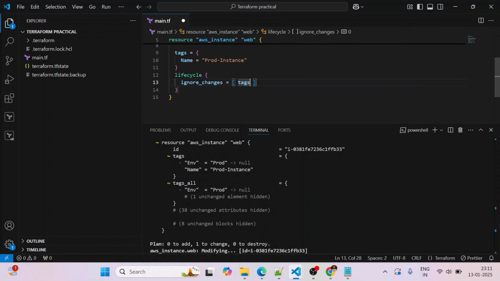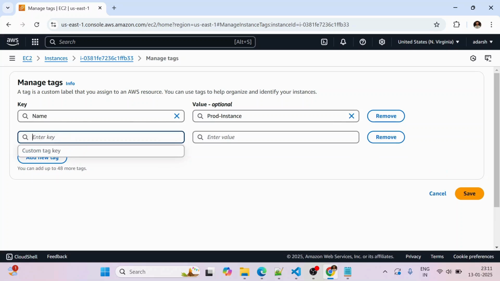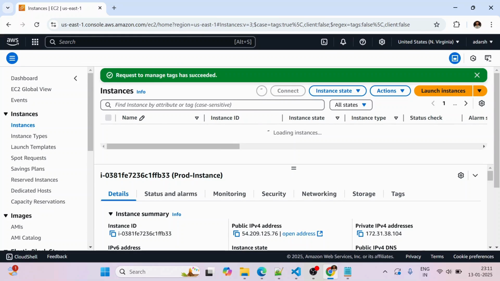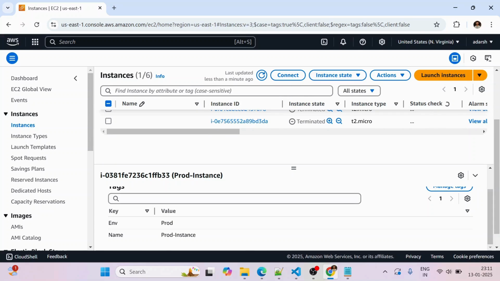Let's save this and go to the AWS console, go to manage tags, go to the new tags, and add the tag again. Let's save this. Now we have two tags, one that we added manually and one that we created from the Terraform configuration.